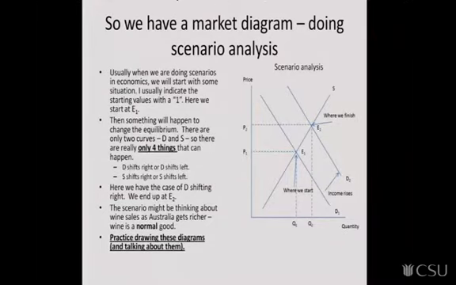A normal good is a good for which the demand rises as people get wealthier. As people get wealthier, they buy more wine. They buy a lot more other things as well, but one of the things they buy is wine. So what we might see is people get wealthier over the next 10 years, the demand curve for wine shifts out to the right. And so our prediction would be that the price of wines and the quantity traded of wines in the Australian